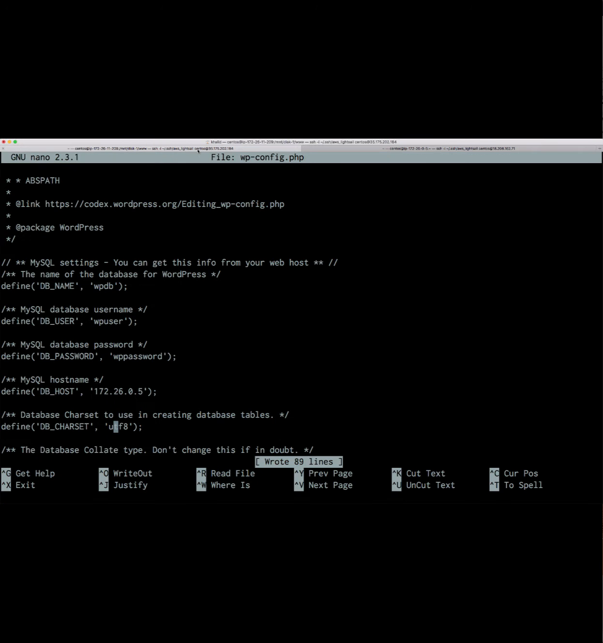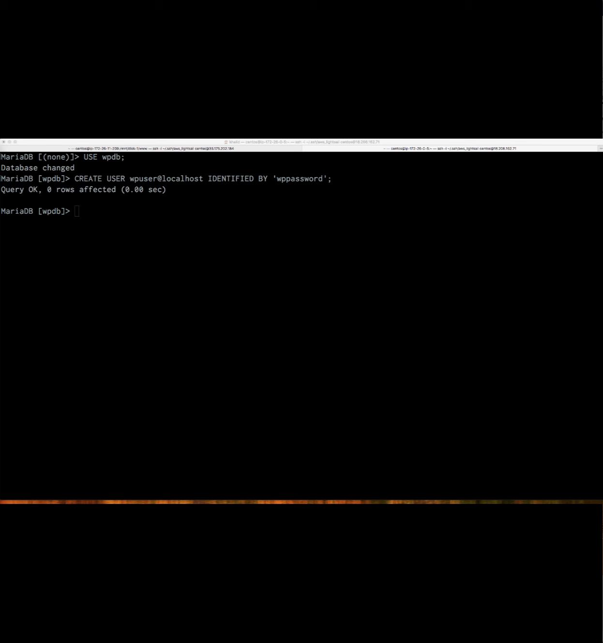Next, I need to create a user. Remember we put the user name here as WP user, so we need to create a user for that database, with the same password value that you specified. So create a user. Once that user is created, we need to grant privileges to the new user, but we need to obtain the private IP address for that instance, for the